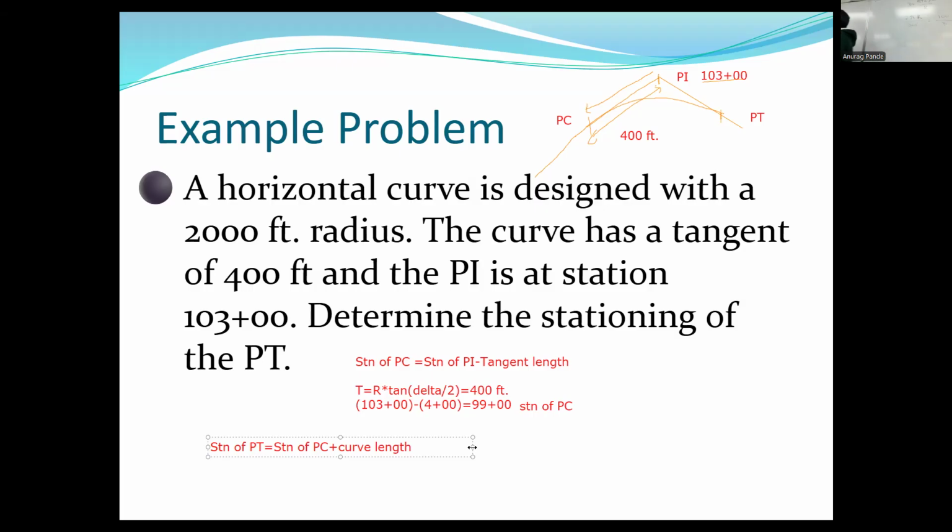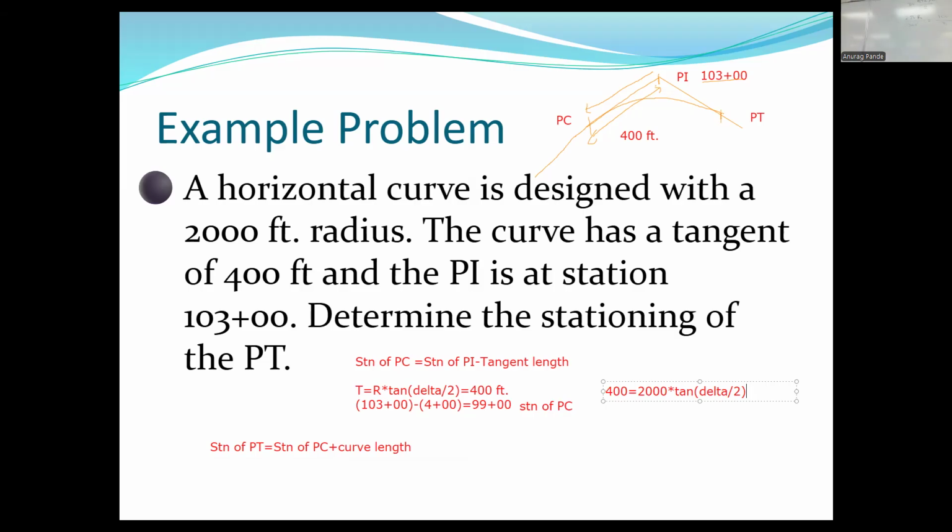Not yet, right? That's the growth mindset. Not yet. We'll figure out that central angle, but we don't know it yet. We can find the central angle by knowing that my tangent length is equal to r times tangent delta over 2. So that means tangent 400 is equal to 2000 feet radius times tan, right? So I can solve this trigonometric equation, because I know the tangent length is 400 feet, but